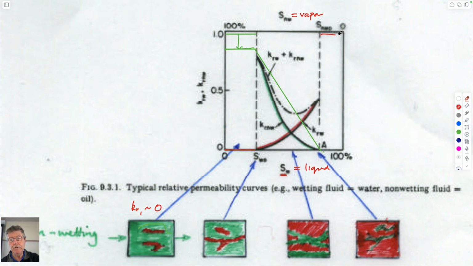But because the red fluid has to flow around these islands of water, then perhaps that also should be reduced. And so perhaps a better representation of that might be this, because we know we can't get in this region here. And so not an unreasonable format for this figure could be,